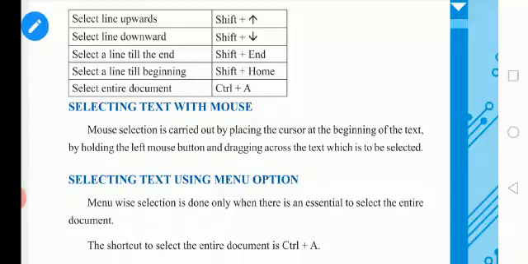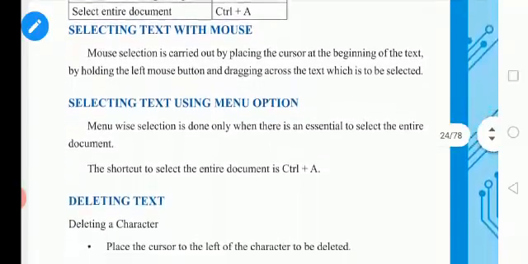And if we want to select the entire document, whatever text you have entered, image, inserted table or column, whatever is in that work area, either it may be a 2 page or 20 page document, if we want to select the whole document, we have to press Control plus A.